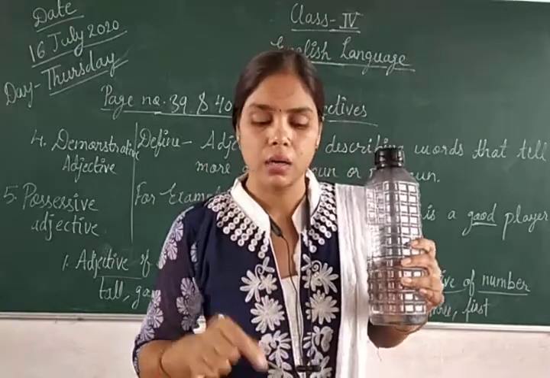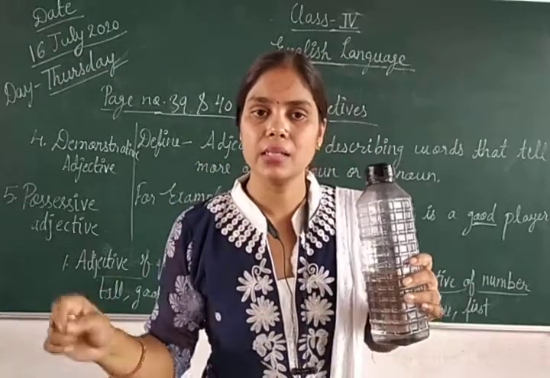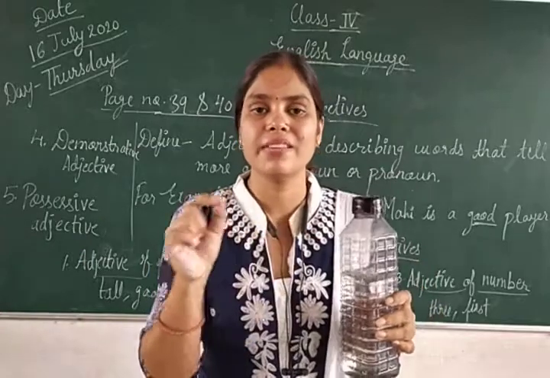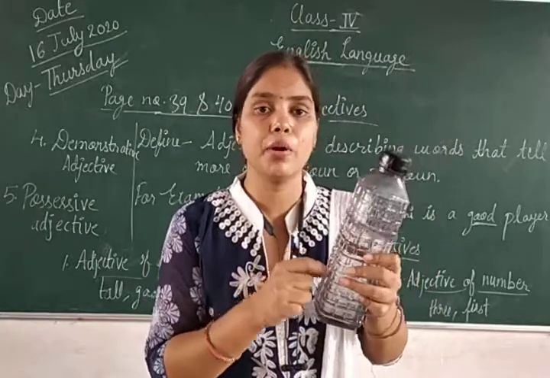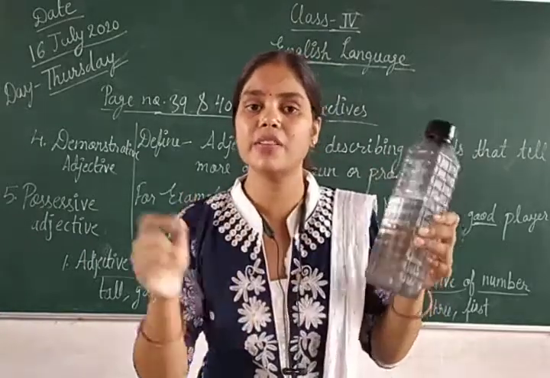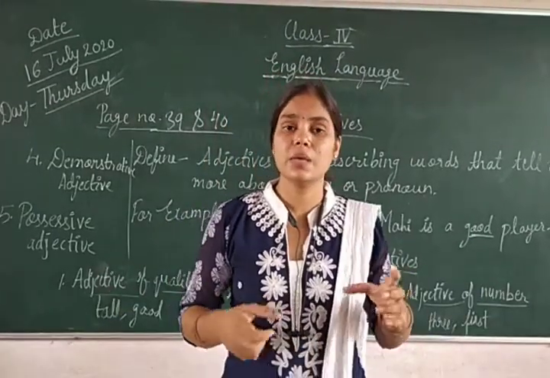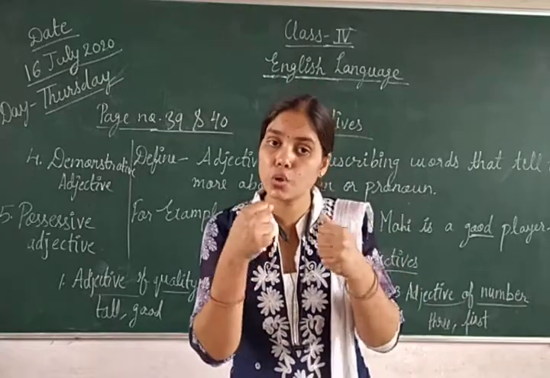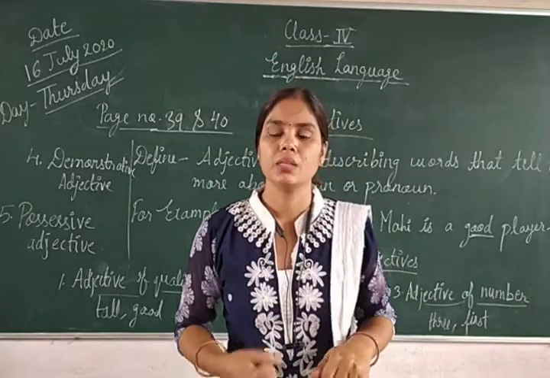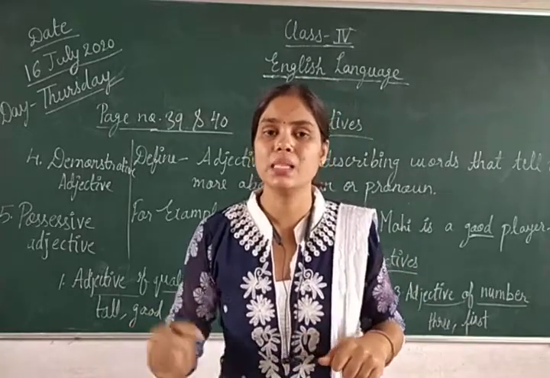Here my is a possessive adjective. Okay, this is my bottle means my is the possessive adjective. All right, कि जिसमें बिलोंगिंगनेस दिखाई जाती है, जिसमें ओनरशिप दिखाई जाती है कि ये चीज तो मेरी है. दिस इज माई बॉटल. इट मीन्स माई इज